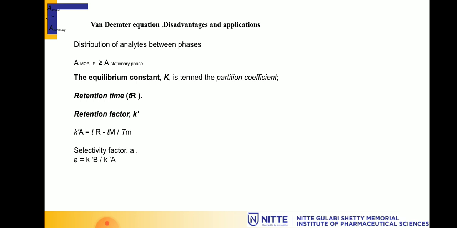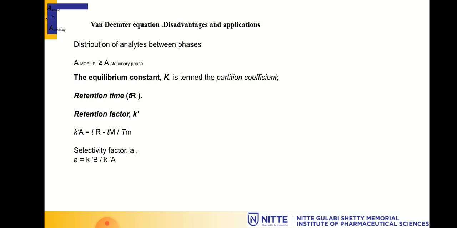Whenever you perform the study of a sample, make sure that you pass the mobile phase first, so that you can get a baseline attained in a straight line, so that you can come to know there's nothing pending in the column. So this is the retention time, TR, and the retention time of the mobile phase is denoted by TM, which I mentioned in my note.